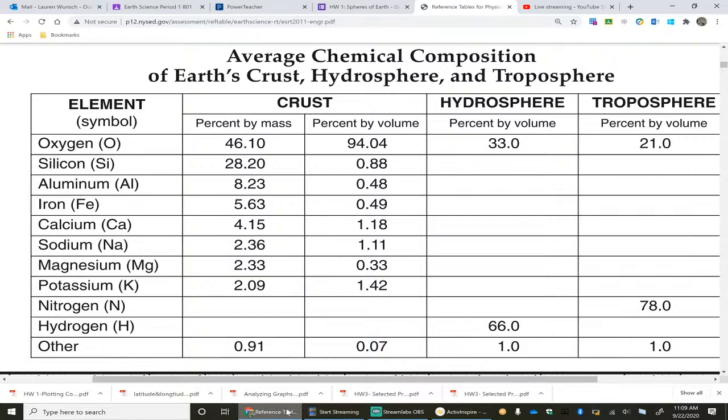Okay, show me your answers for this one, please. 3, 2, 1. So you have magnesium and aluminum. Good. Okay, magnesium and aluminum are the least by percent volume.